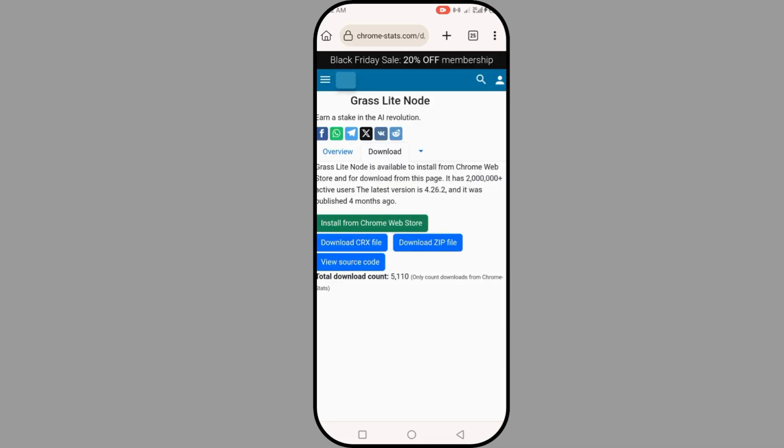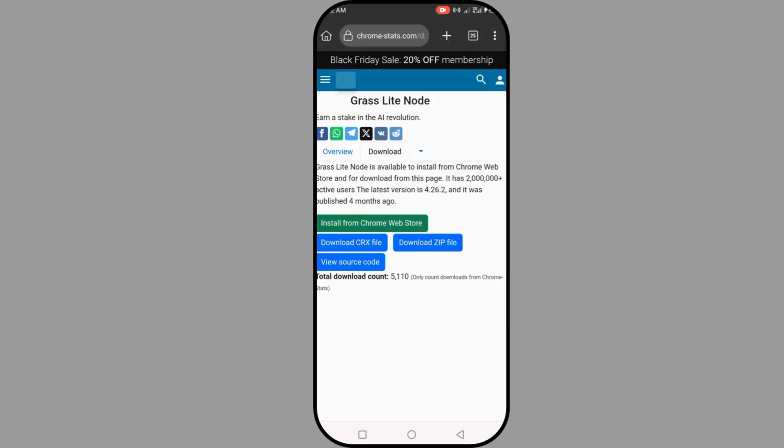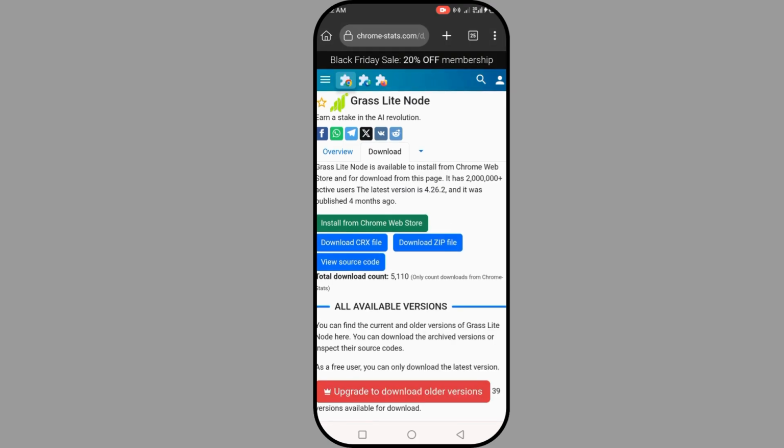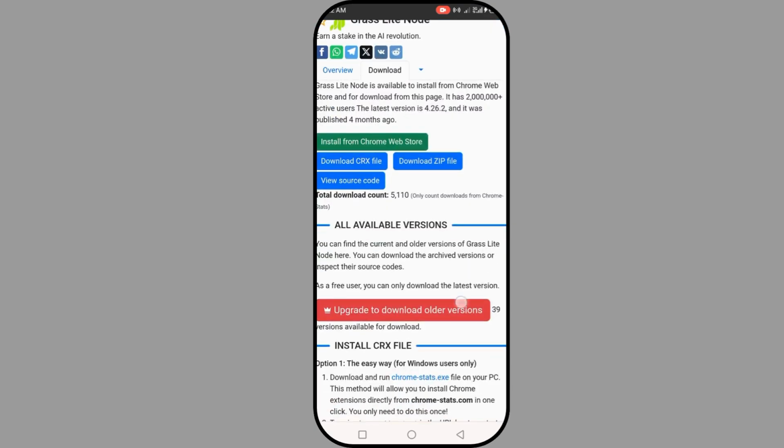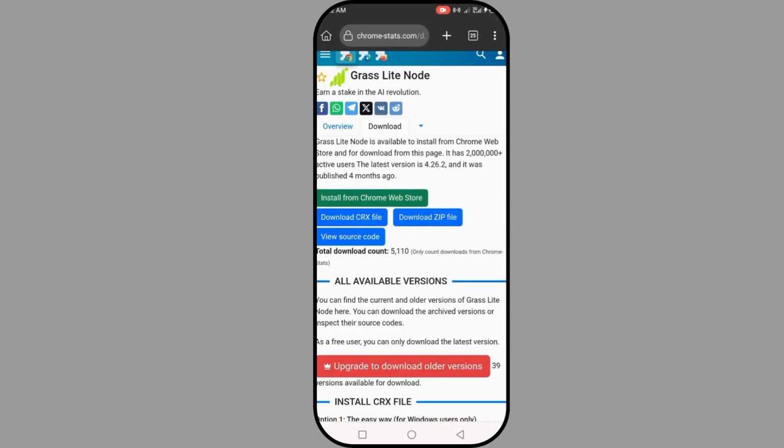and you can just install from your Google Web Store, or you can download it directly from your save file. Because I already have it on my phone, I'm not going to download it. So you can install it directly from your Google Web Store, or you can download it directly. Just click on the save file or click on the ZIP file, then you'll be able to download it easily